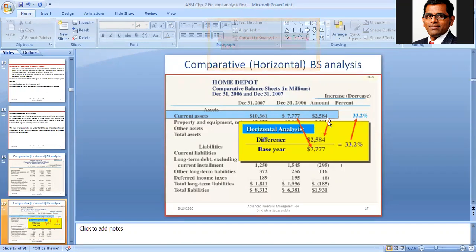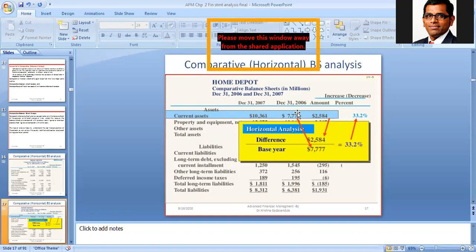If we deduct, this is the difference amount, 2584. 2584 divided by the base year. Base year means previous year. 2007 is the current year amount, and 2006 is the previous year, so the previous year is the base year. So the difference amount divided by the previous year amount